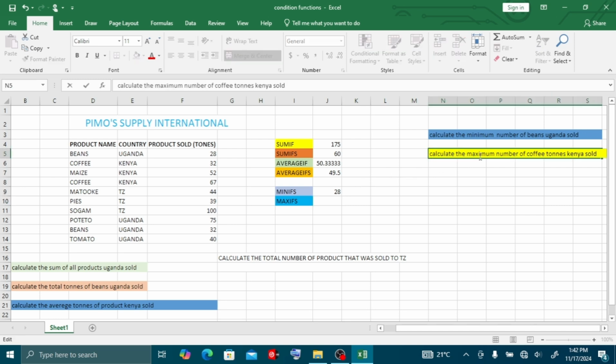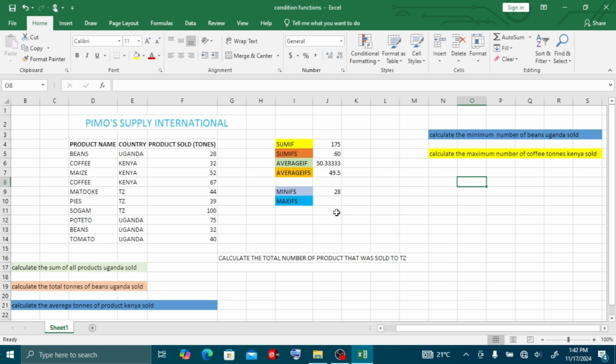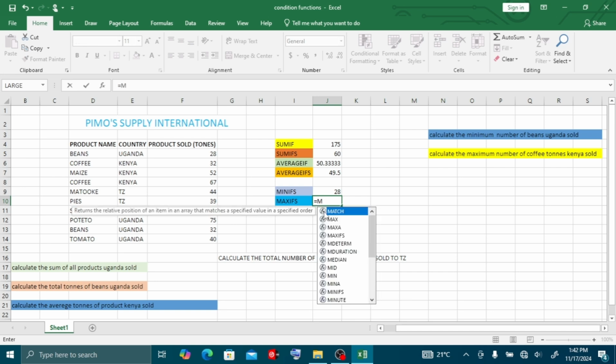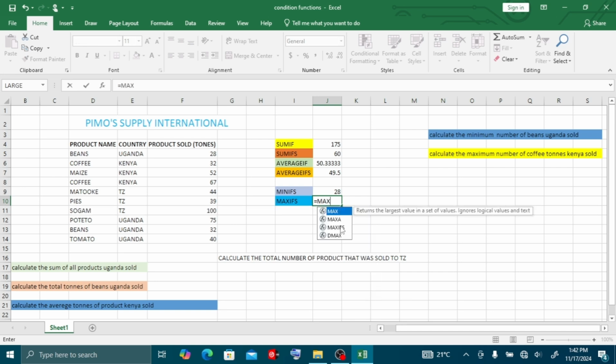Calculate the maximum number of coffee tons Kenya sold. So that is it. We come here. This time, since we are looking for the highest number of coffee that was sold by Kenya, we are going to use equal sign MAXIFS, because it has two criteria, two conditions to be met.